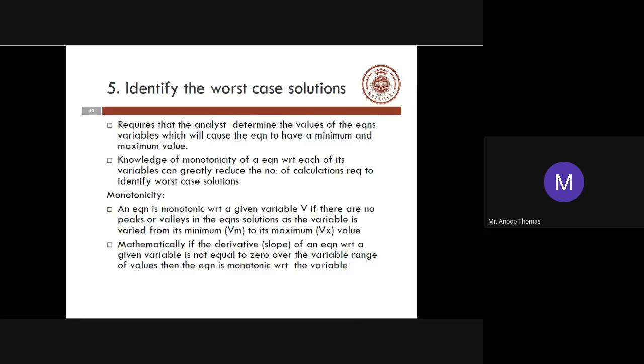Okay. Mathematically, if the derivative of an equation with respect to a given variable is not equal to 0 over the variable's range of values, then the equation is monotonic with respect to the variable. The derivative, the slope of an equation, the partial derivative with respect to a given variable is not equal to 0. That means it has to have a non-zero value over the variable's range of values. Then the equation is monotonic with respect to the variable. So this is the mathematical definition. This is the way in which you identify